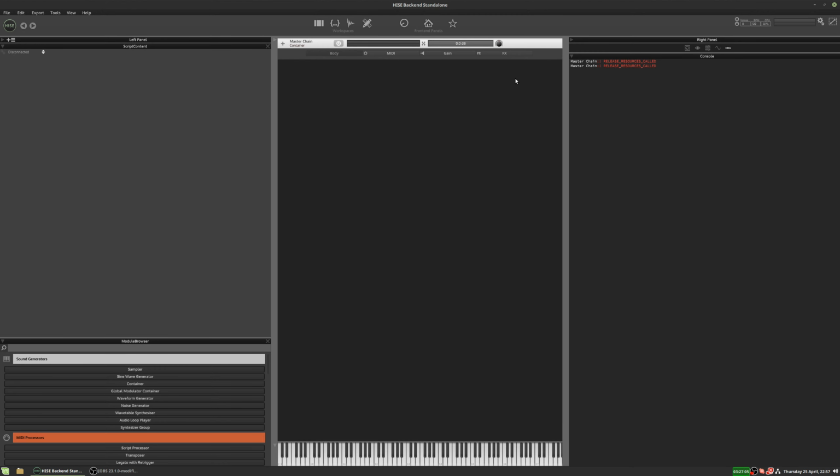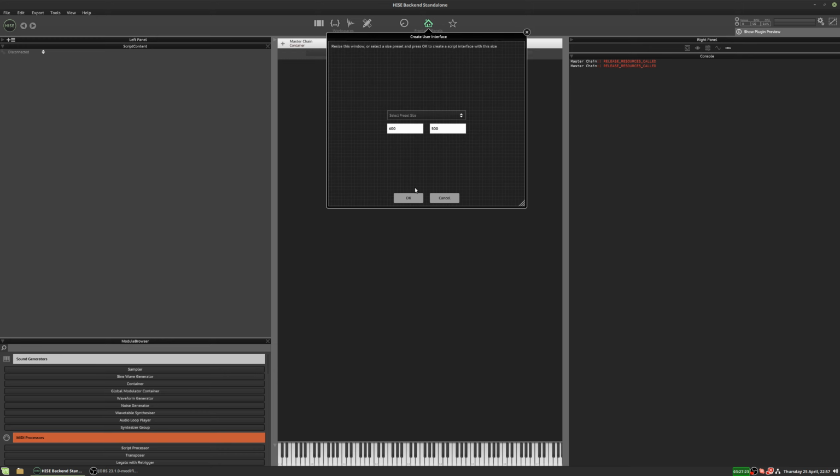Hey guys, just want to give you a really quick tutorial. I'm going to show you how to assign controls on your interface to knobs and buttons and other controls of HISE modules. So let's start by adding an interface script,